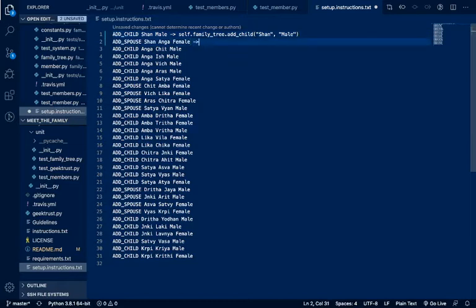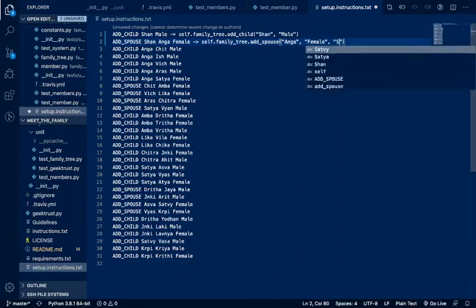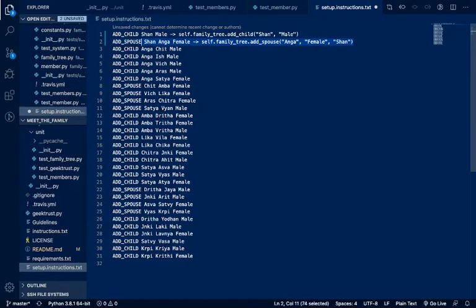The second statement should convert into self dot family tree add spouse, the name Anga will be first, Anga female, and then Shan. So this is what it should be converted into, right? We are just going to test if all of our method calls are actually made correctly or not.